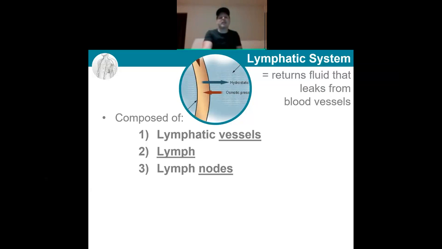But before we can really understand what the lymphatic system does, we need to take one step further back and go back to our chapter on the